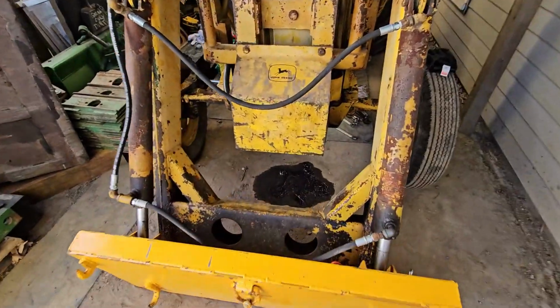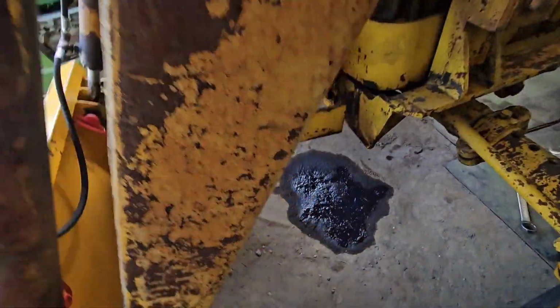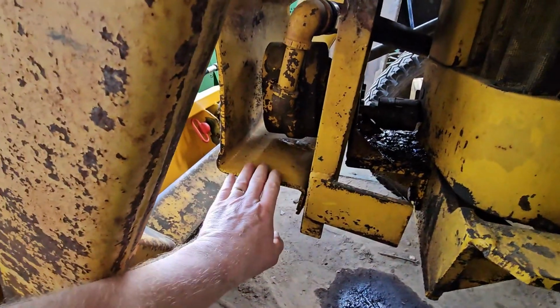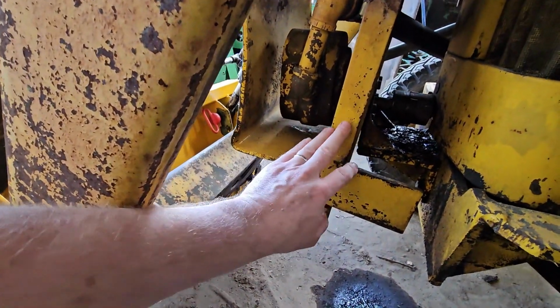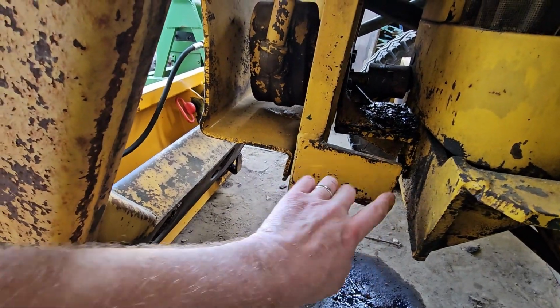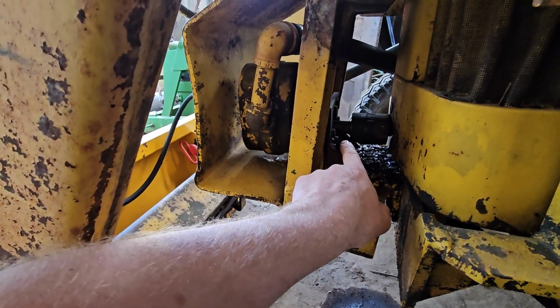This poor old 420's only been back for 2 days and already making quite the mess. So I don't know as though I can deal with this much longer. So today we'll remove this pump guard. I'm going to remove this front bumper as well, just because the bottom is bent out. It should be touching the frame here. So give me a chance to heat this up and bend it,